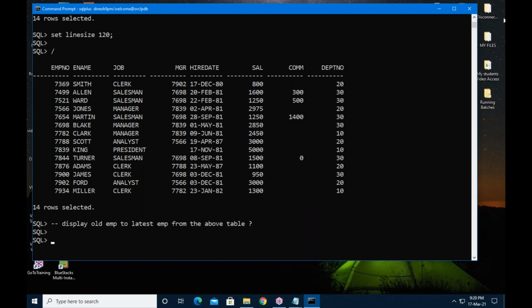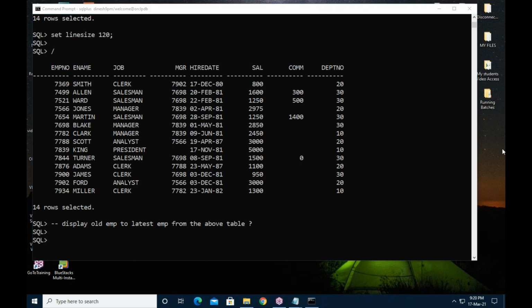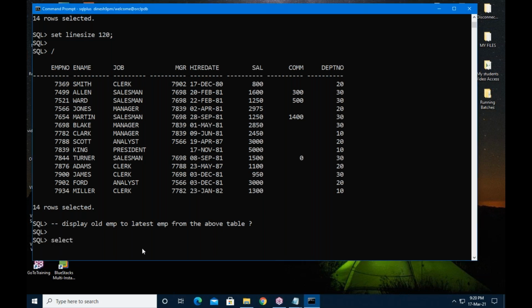Can anyone give me the query? Venkat Reddy? For this, display old employee to latest employee, right? Select star from that EMP table and order by hire date.